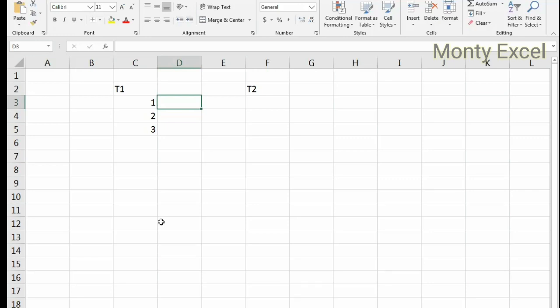Assume that these are numbers and these are the names A, B, C. And if you're trying to join these 2 tables,